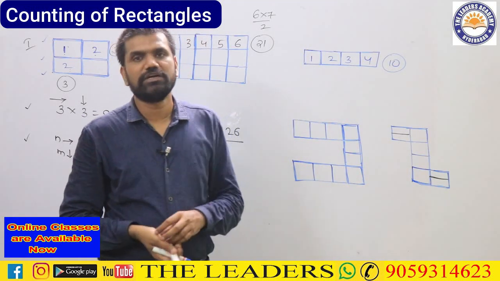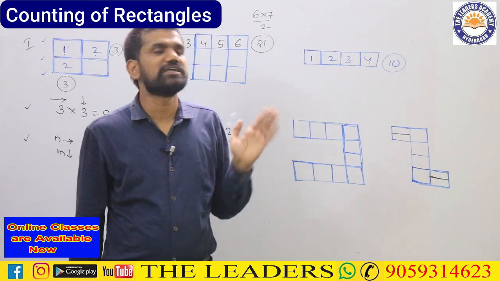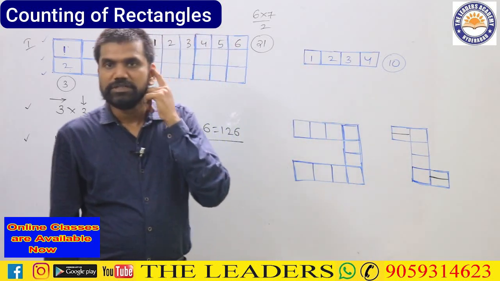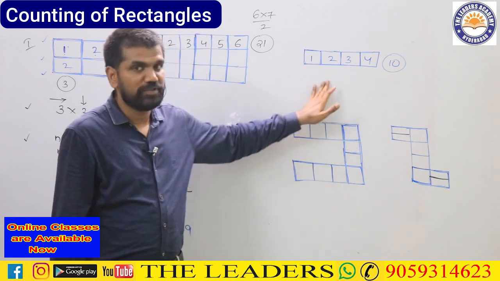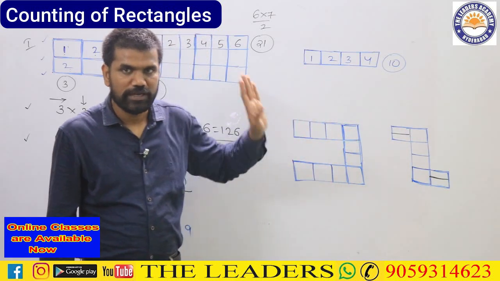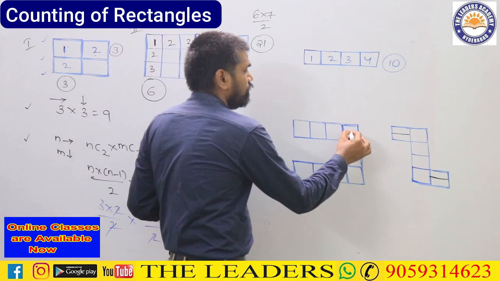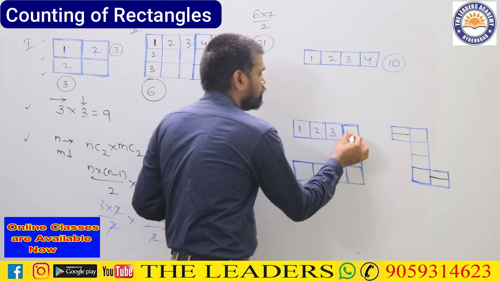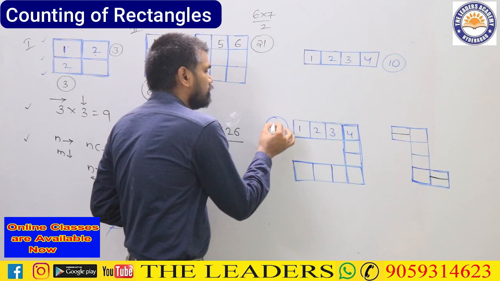Even if you wish to take vertical sum, that will give you how much? 1. So 1 into 10 I can take, or otherwise I can simply say it as horizontal sum, that is enough. That's why it is giving you how much here? 10. But this is slightly different from that. So you have to be careful over here. I'll show you the trick for it. If you take it here, 1, 2, 3, 4. This is in total giving me 10.